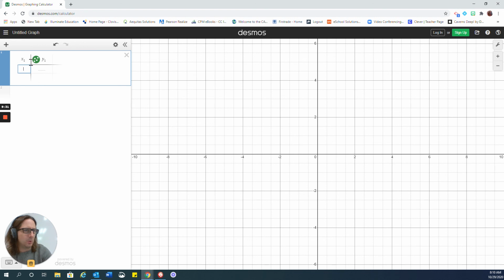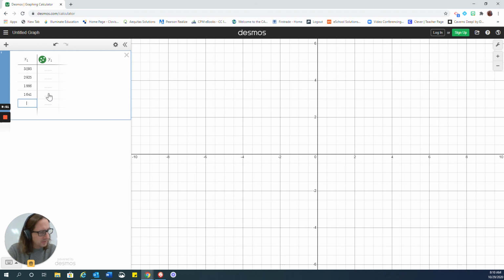Now here the table is x1, y1, just like I've been doing in all my notes, see? See where that comes from? Okay, so now I need to put in all of our data. The first one is 3093, next one's 2825, then 1886, then 1641, then 1919, then 2088, then 1065, then 7, then 740, then 685, then 274, 545,